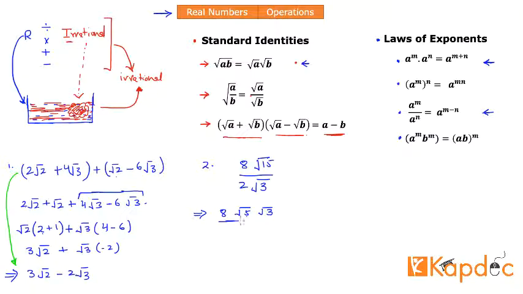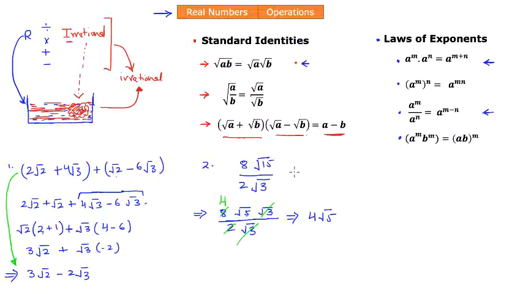And then in the denominator we have 2 times square root of 3. Now we can have a few things cancel out here. This square root of 3 will cancel out and this 2 will divide 8 and we will get a 4 here. So finally what you get as the answer is 4 times square root of 5, right? Simple enough, not too complicated at all, okay? So now let us take a look at one more simple example.